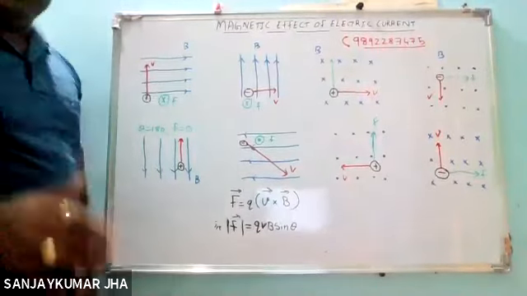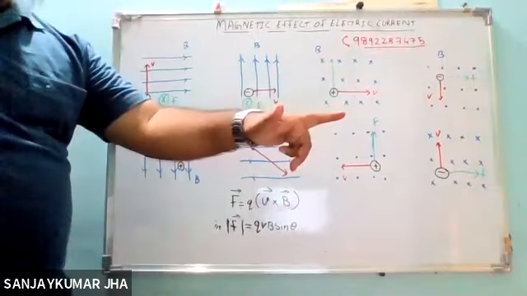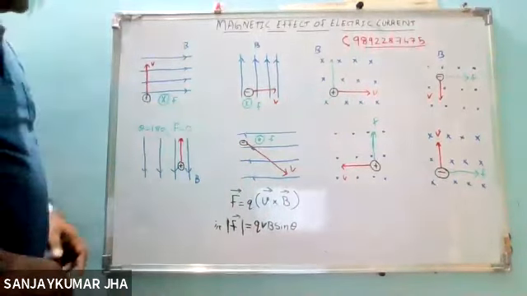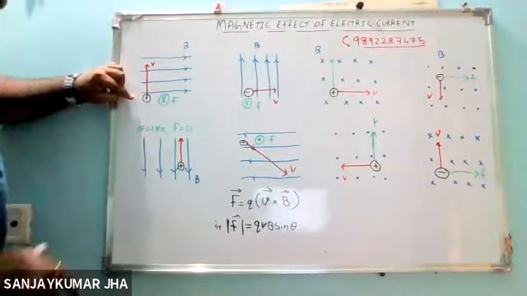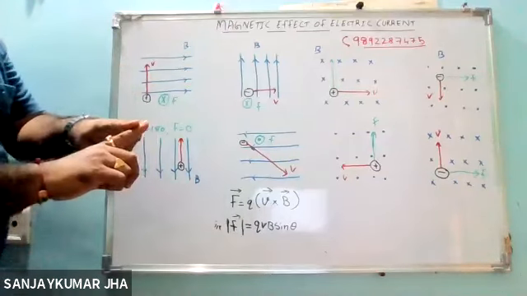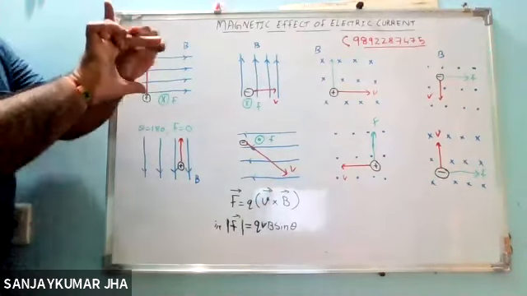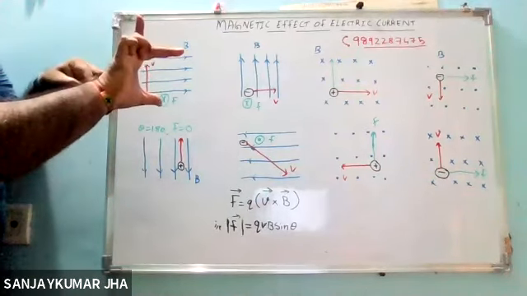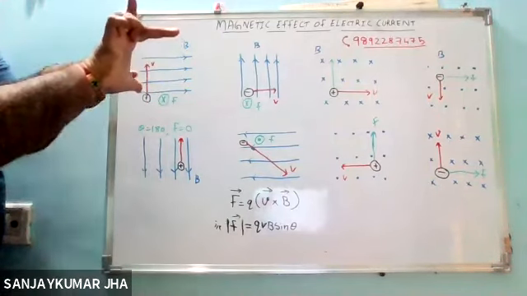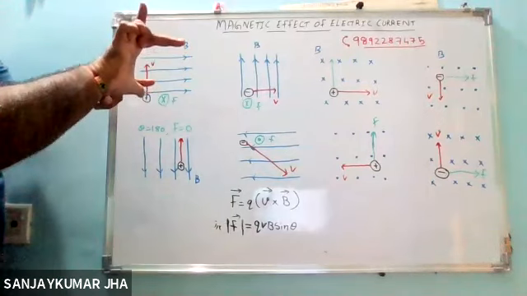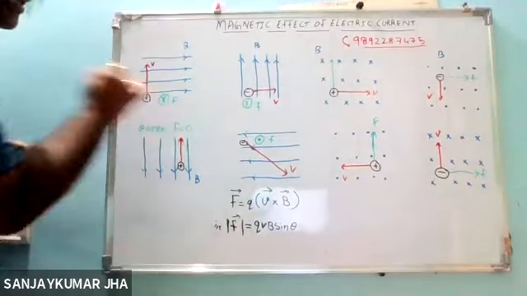Now as I said, for positive charge we have to use the right hand, and for negative charge we have to use the left hand. So let us implement this. For positive charge, see, this is plus Q. So for positive charge, the forefinger is V, the velocity. B is the magnetic induction. See, it is matching. So the force is directed inward, perpendicular to the plane. That means it is represented by a cross.